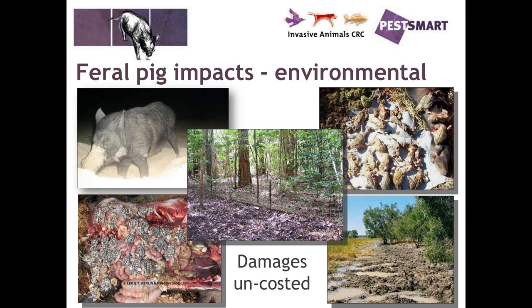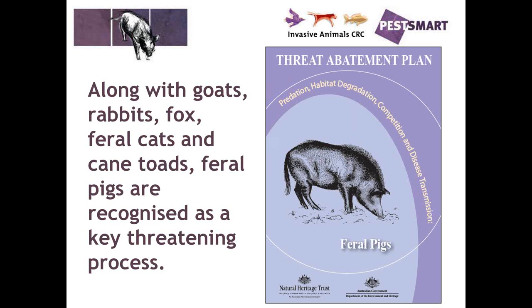And then you've got other things too, like frogs, threatened frogs and ground nesting birds. They'll also, during ground rooting, change the soil layer and composition, which can alter habitat structure. And they often target riparian zones, which is also valuable habitat for many other native species. Because of the environmental damages, feral pigs have been listed as a key threatening process to their survival under the Threatened Species Environment Conservation Act, or EPBC Act, sorry. So this is largely by predation, habitat degradation, competition, and disease transmission.